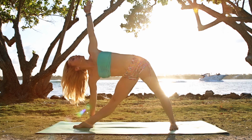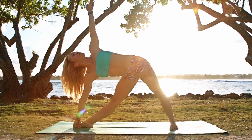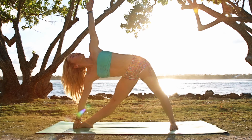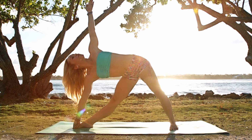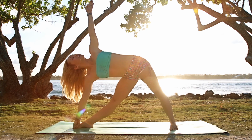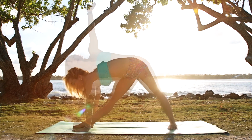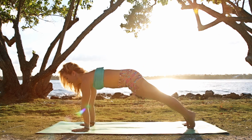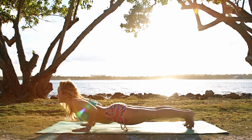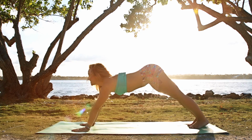1. You can grab your toe if you want, transfer over to that, or leave yourself on the fingertips, maintaining the full breadth of your shoulder girdle. 2, 3, keep the belly sucked in. Remember, you can stay on the fingertips or even grab a block. 4, place your hands on the ground, spin the left foot forward, step back to plank pose, plank, and then exhale, Chaturanga Dandasana. Inhale, come forward to upward facing, and exhale,